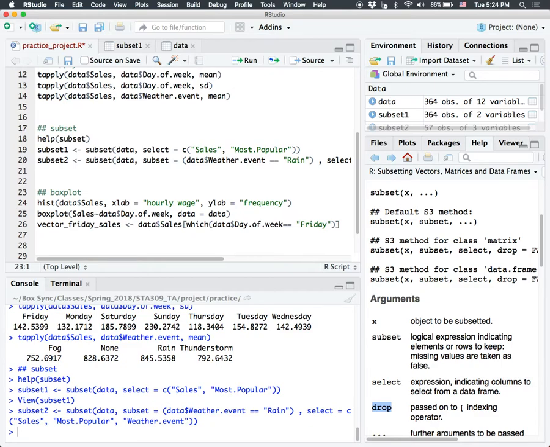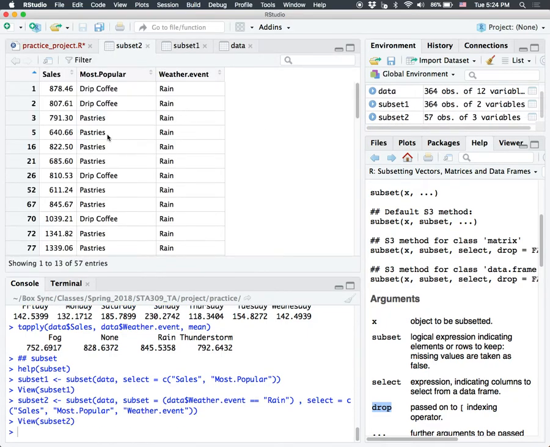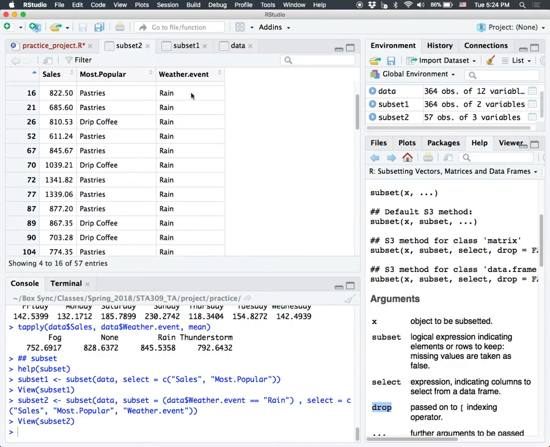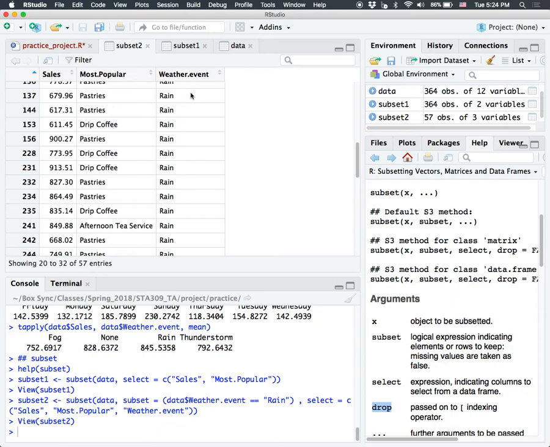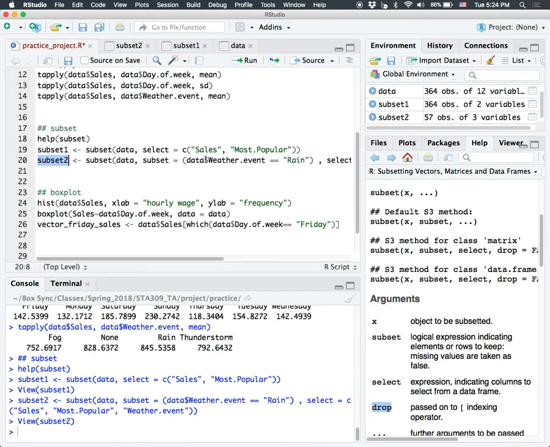So if I run this, I'm storing the subset into a name that's subset 2. Open this. It pops up. It indexes the sales, most popular item, and the weather event equal to rain. Okay. We can also do something like